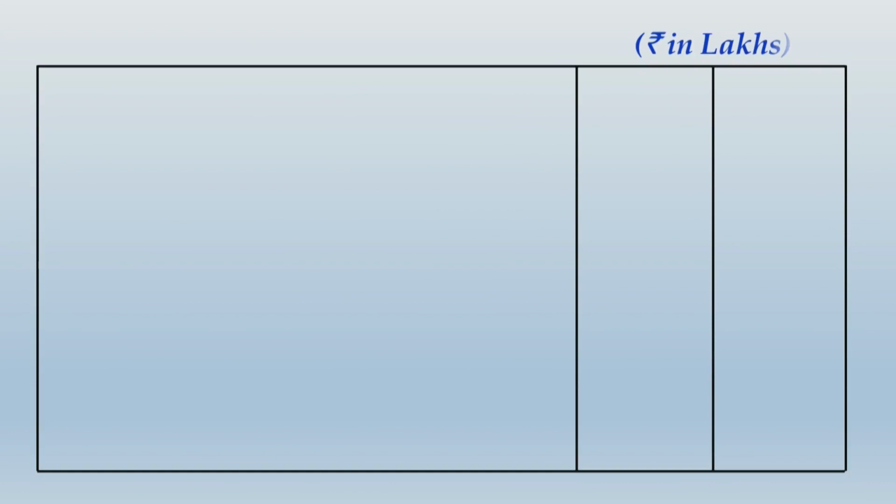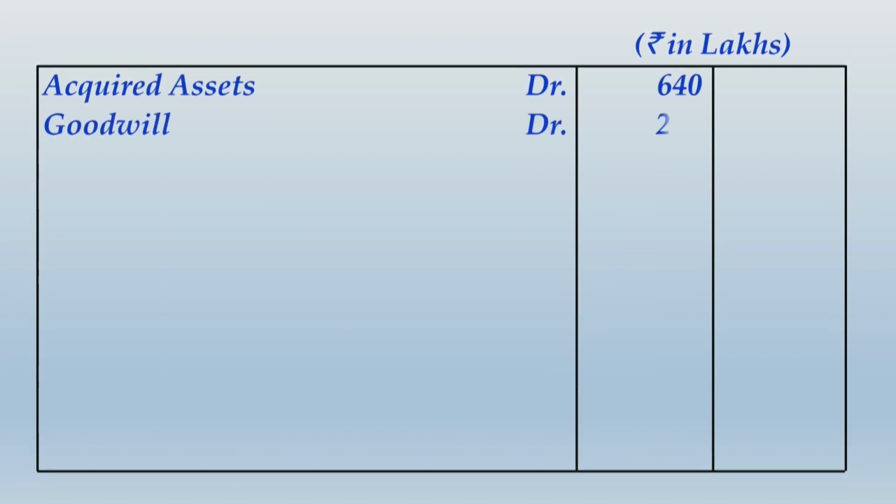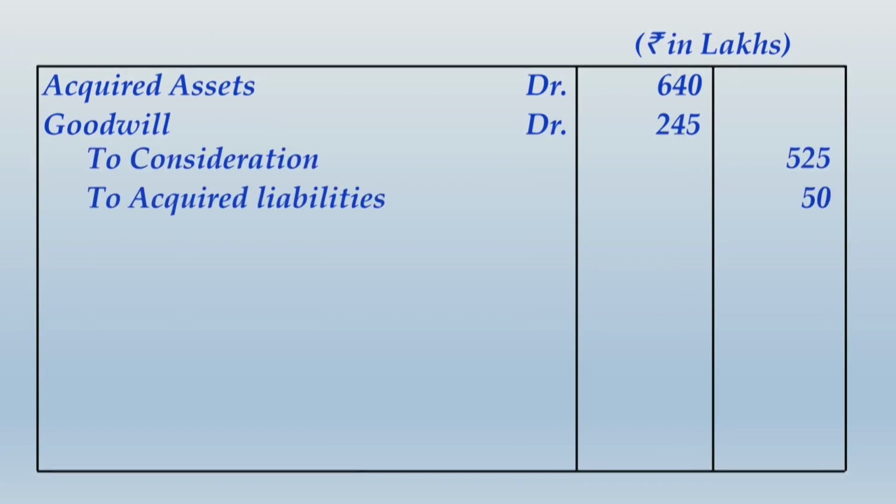Let us move ahead and now write up the journal entry for recognition at the acquisition date. So acquired assets are worth 640 lakhs at fair value. Now goodwill, what we have just measured, is rupees 245 lakhs. Consideration is 525 lakhs. Liabilities are at fair value of 50 lakhs,